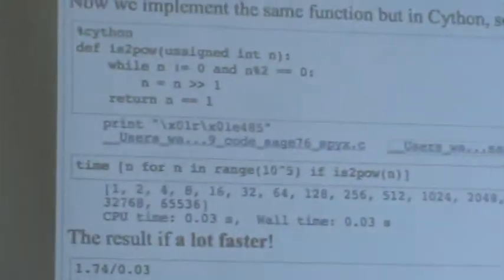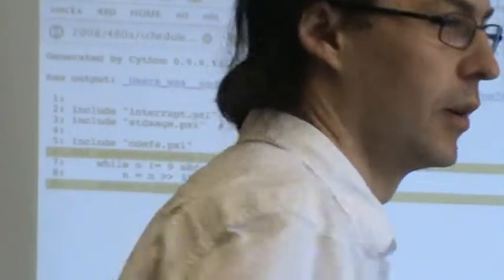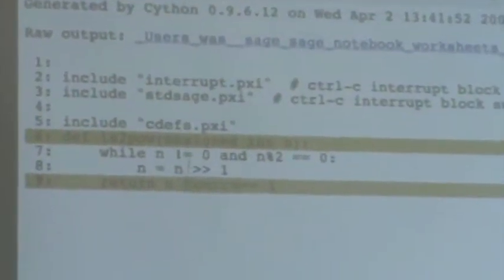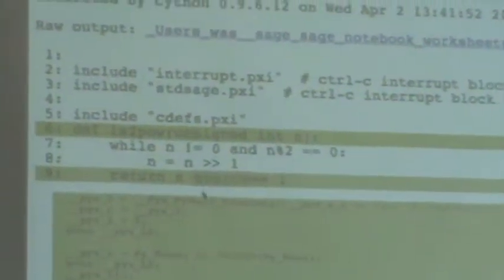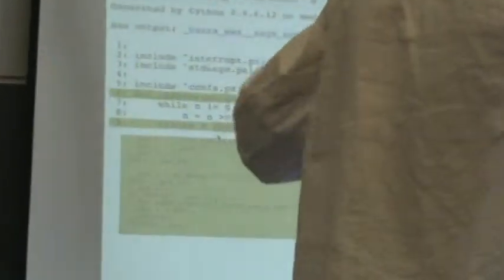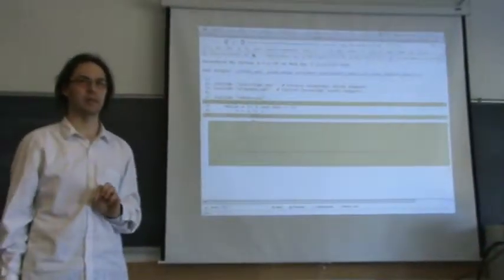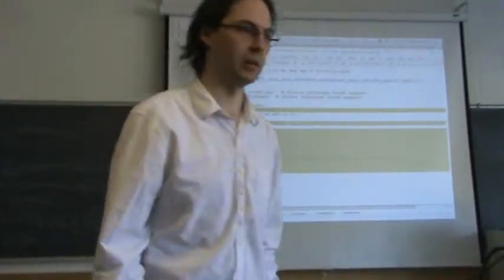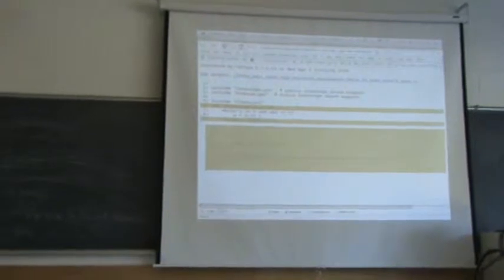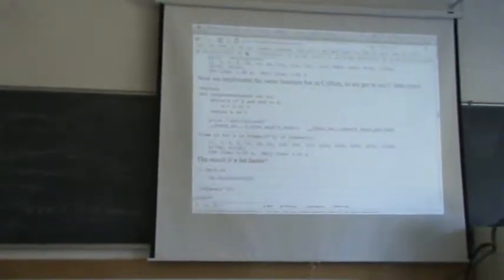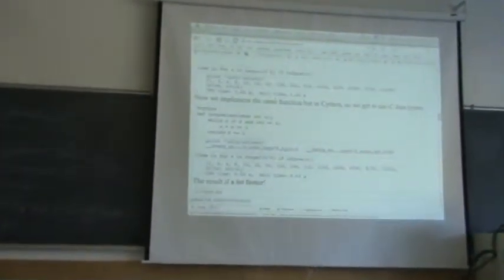By the way, I'll click on this link right here. What this does is it gives us the code that we just compiled. If we click on this, we see code that gets generated from the code that we compiled. I'll go into more detail later next week. I have a whole day devoted to Cython next week, so I won't say anything more now. But basically, Cython is a way of compiling Python so that you get code that is very fast.